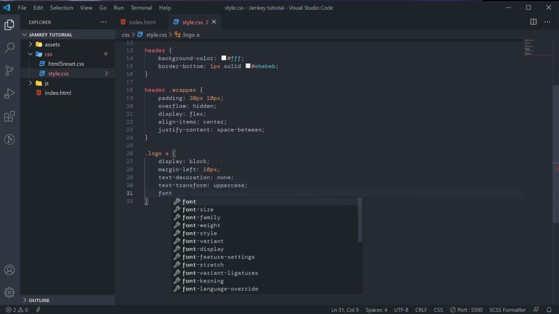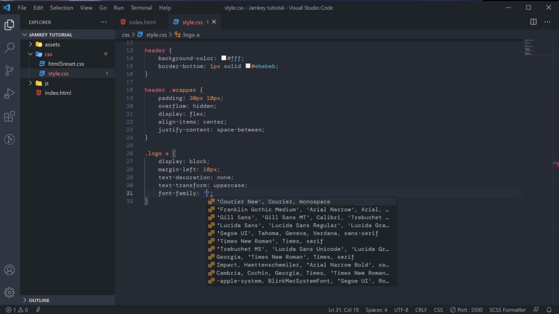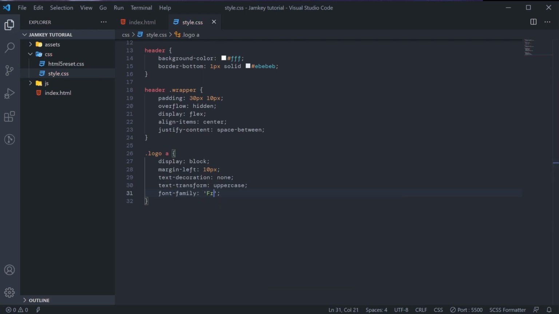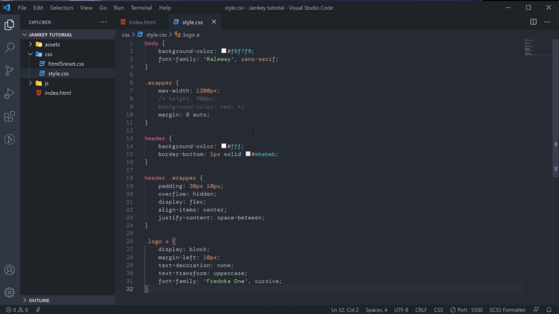We'll set font family to Fredoka One, which we collected from Google Fonts, then cursive, not sans serif.